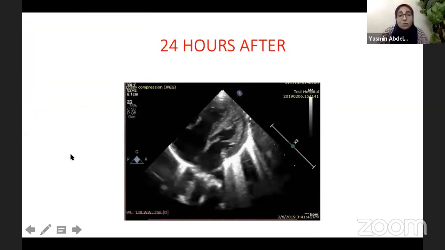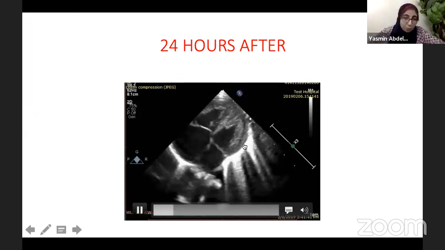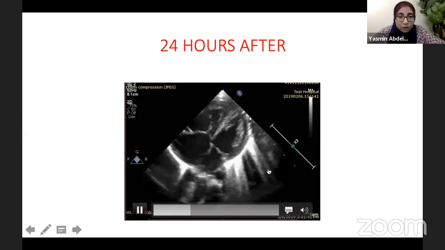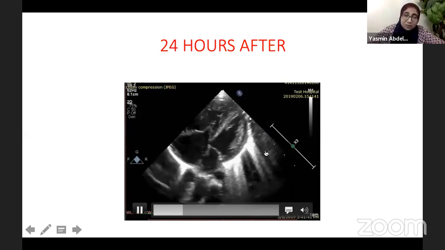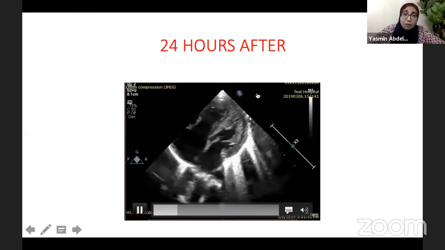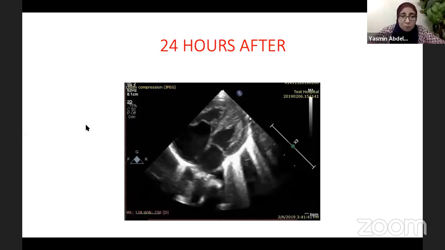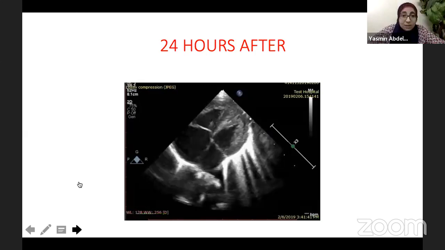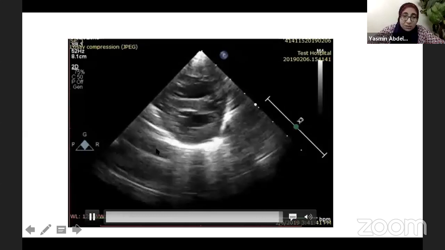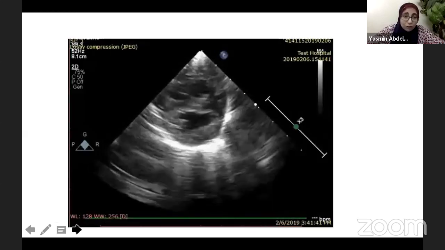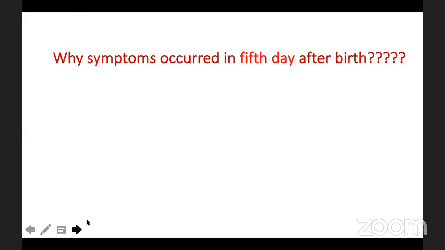That was 24 hours after. We can notice that the pericardial effusion disappeared. It's very important to follow up this effusion, and marked improvement in his left ventricular systolic function. And now the patient is not on Dobutrex, thank God. The patient has markedly improved in his clinical condition. This is his LV systolic function. So an excellent, a very